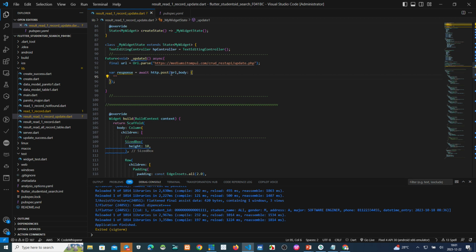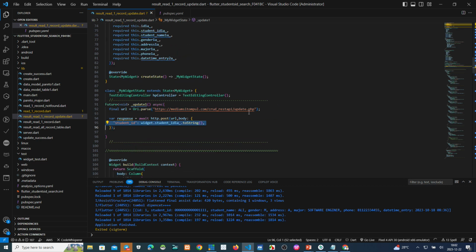Click here, student ID. This one you want to send to the backend. Widget dot student, where is it? Okay, this one. Change to string. This one, student ID, you put from here.